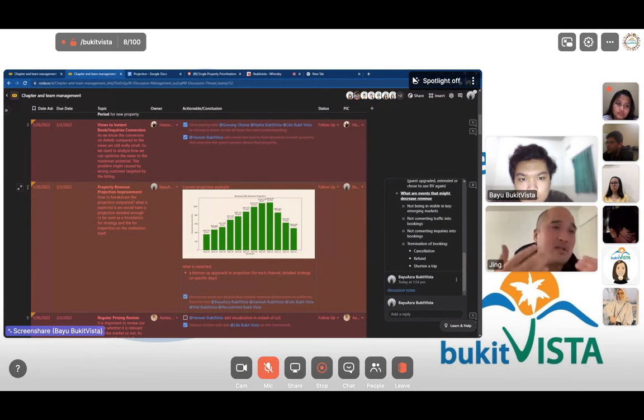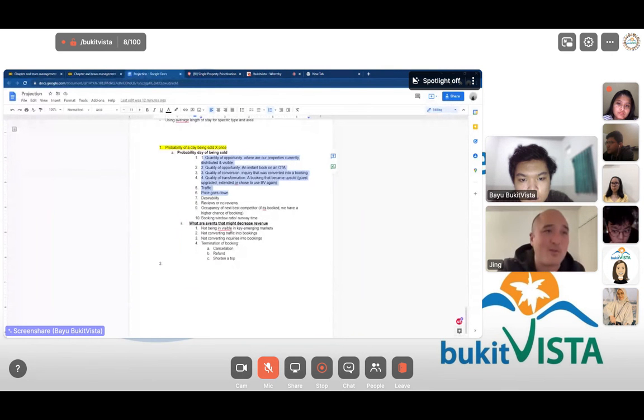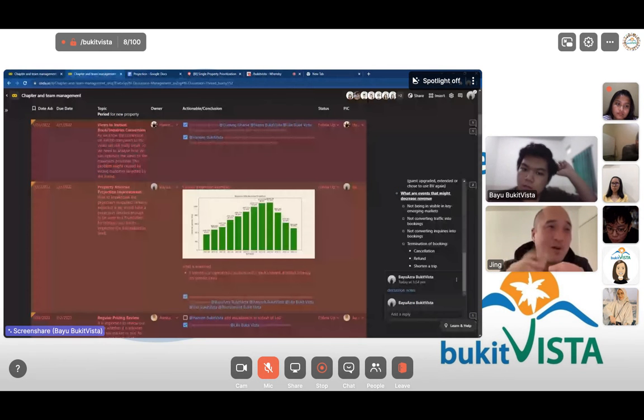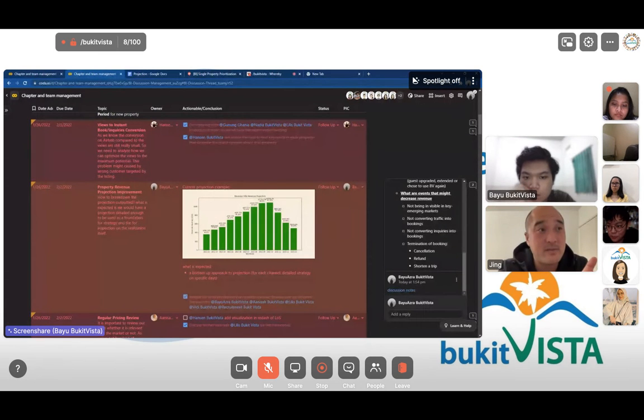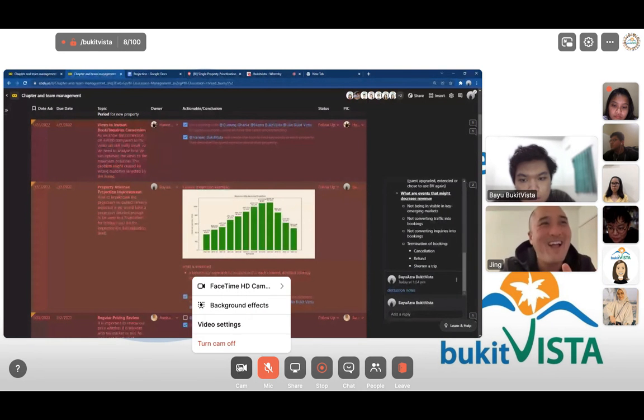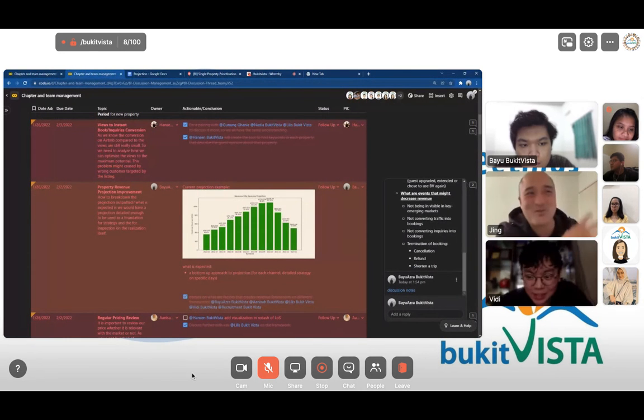And by the way, everybody, this is what I used to use before when I was the revenue manager here at Bukit Vista. And it worked much better. We didn't have people dropping out because the projections were inaccurate. They were within bands. So I think it's time that we revisit something that worked before and develop the data science solution so that it can be scalable. That's what we're here to do. Take the Coca-Cola formula and scale it, not reinvent a new formula.